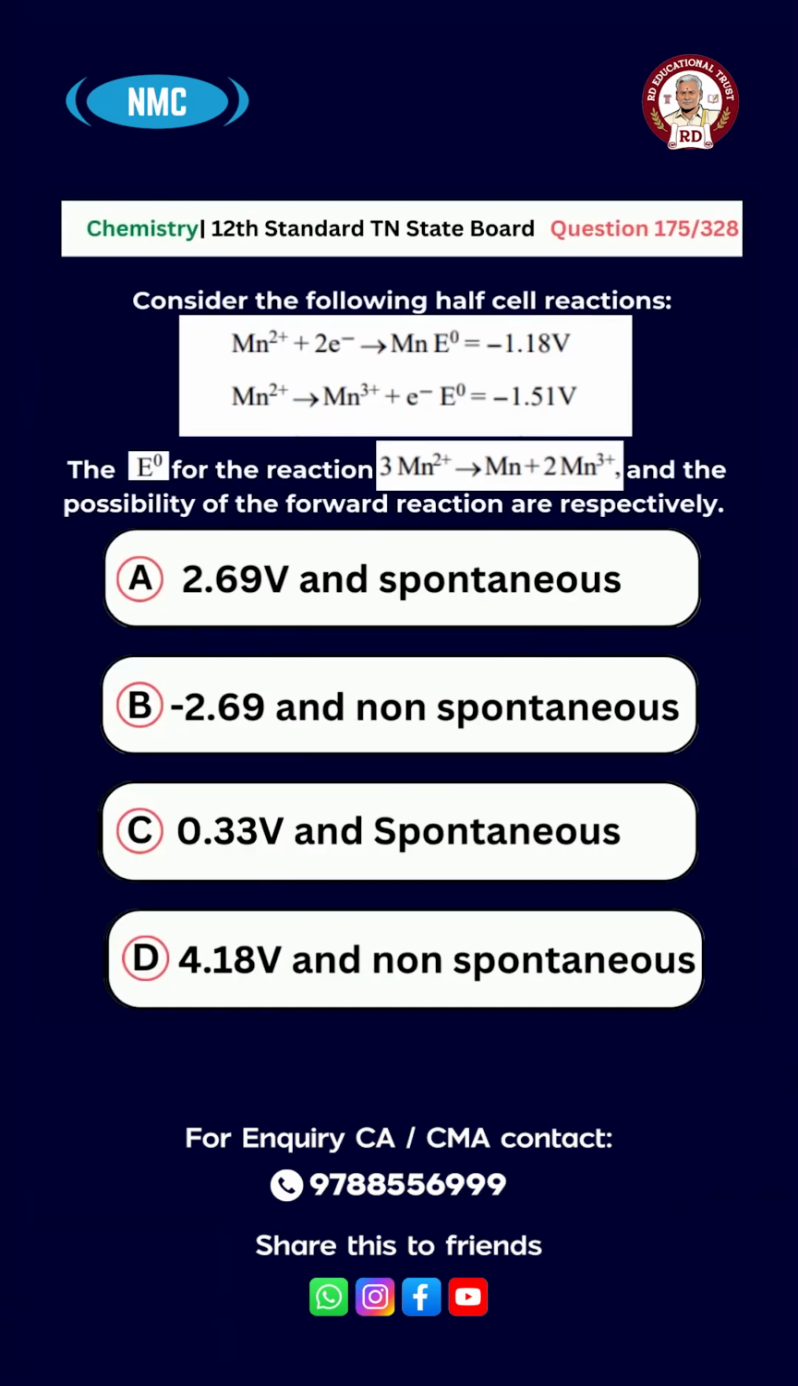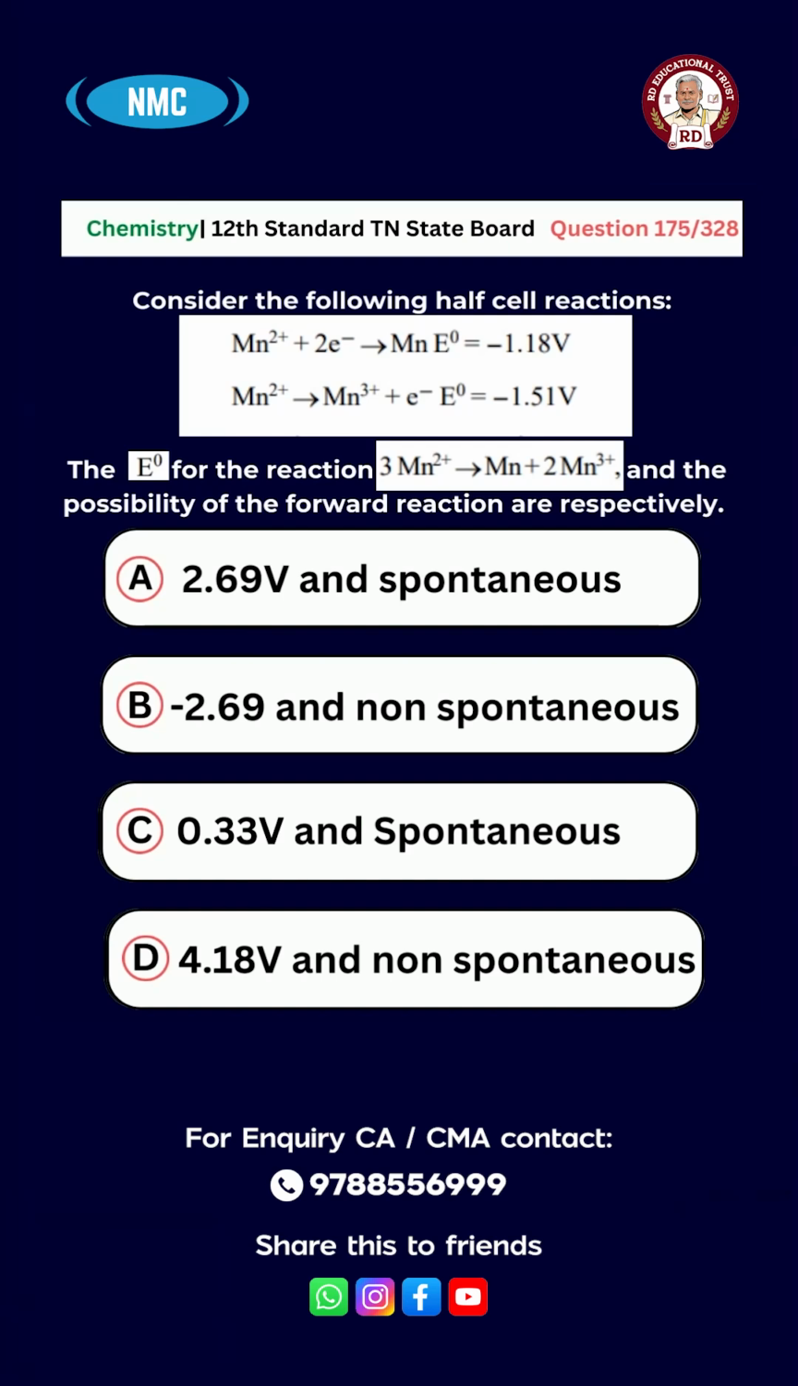Question number 175. Consider the following half cell reactions. Mn2+ + 2e- gives Mn, E° equal to -1.18 V. Mn2+ gives Mn3+ + e-, E° equal to -1.51 V. The E° for the reaction 3Mn2+ gives Mn + 2Mn3+ and the possibility of the